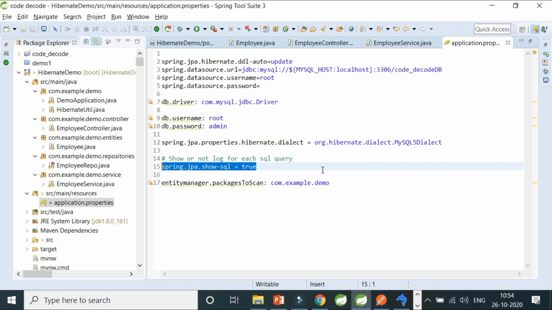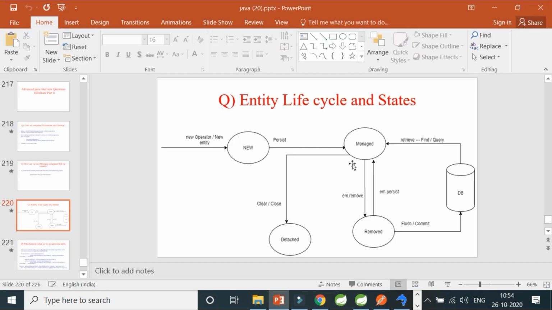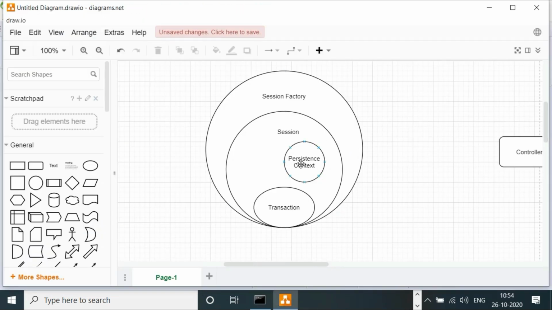But if the object is retrieved from the persistent context and not from the database, then no query will be printed on the console. So remember this concept very importantly: if a particular object is in managed state, no database query will be printed on my console. Now I'm going to prove all these steps in just a second.